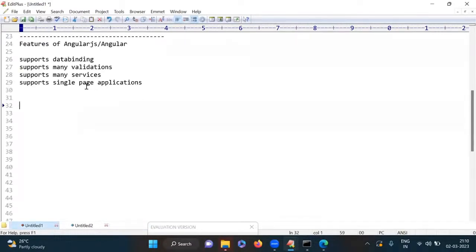So this is very important. We spend many days on this concept, and I will explain how to work with all these points. Okay, it supports single page application. Next one supports